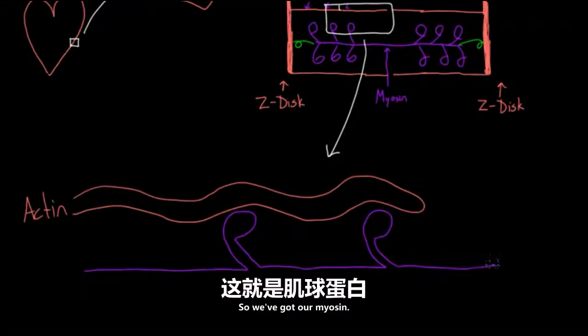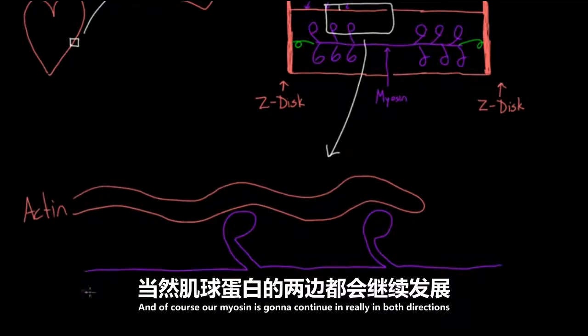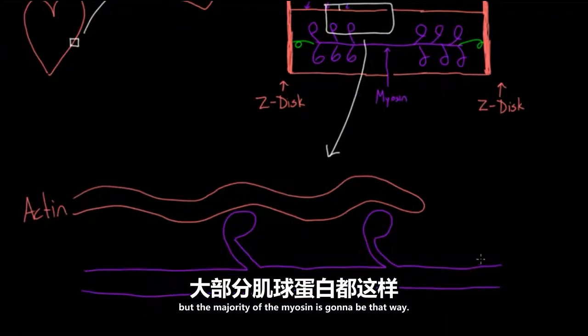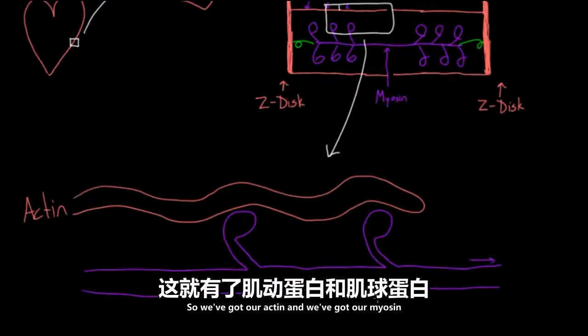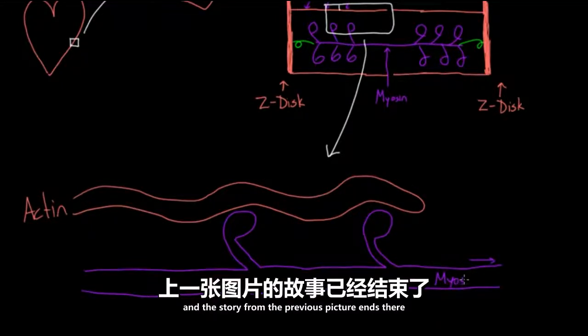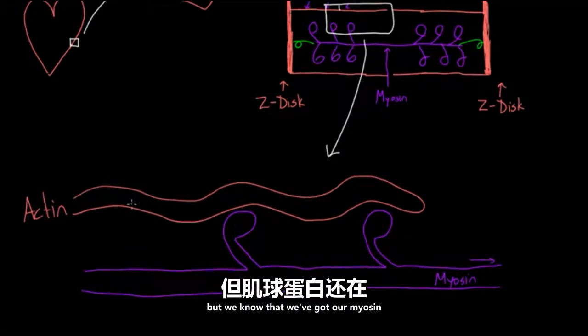So you've got our myosin, and of course our myosin is going to continue in really both directions, but really the majority of the myosin is going to be that way, right? So we've got our actin, we've got our myosin, and the story from the previous picture kind of ends there, but we know that we've got our myosin